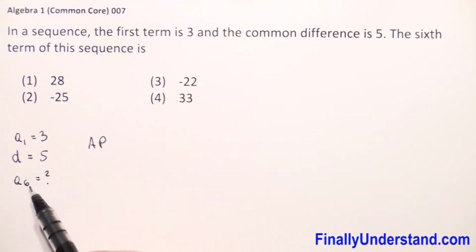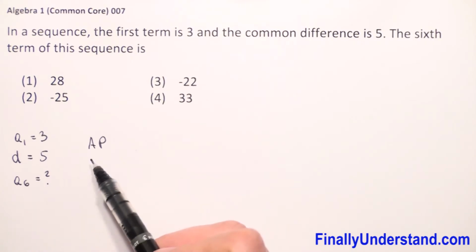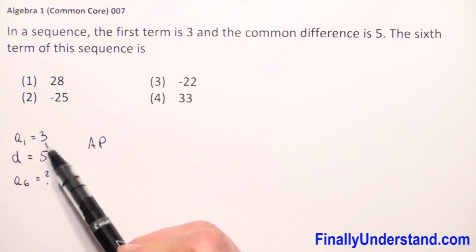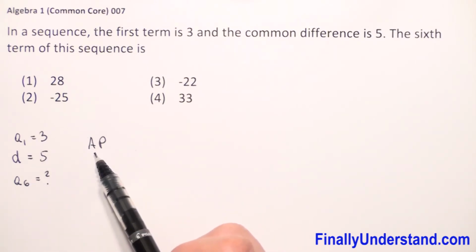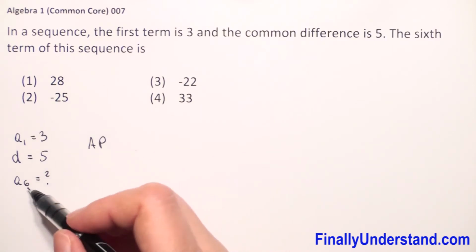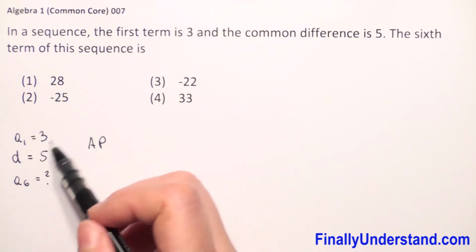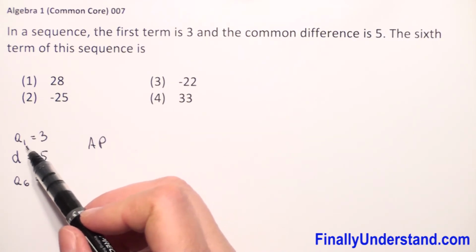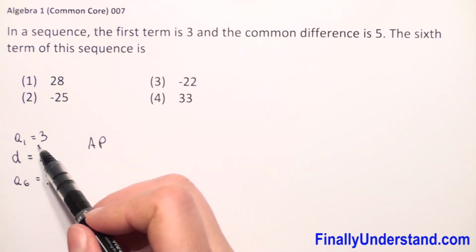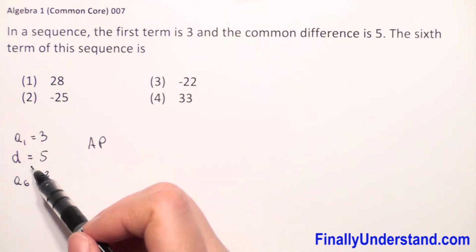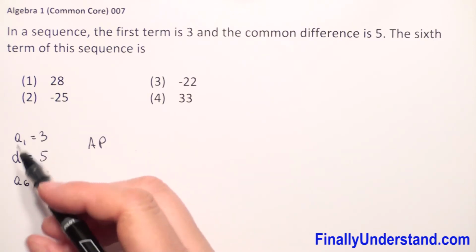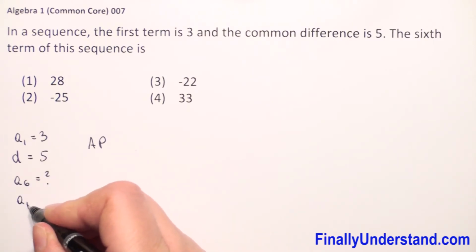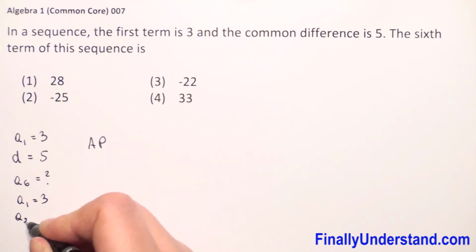We have to find the sixth term of our sequence. We know that this is arithmetic progression. We have first term, we have common difference. If you forget formula for n term of arithmetic progression, how we find A6? We know that in arithmetic progression, every term after first we obtain by adding common difference to the term which is before. So when A1 is equal 3, so A2 will be